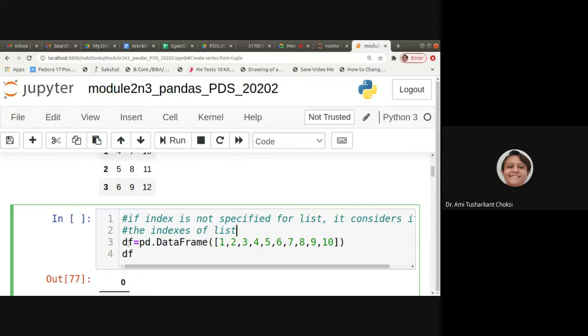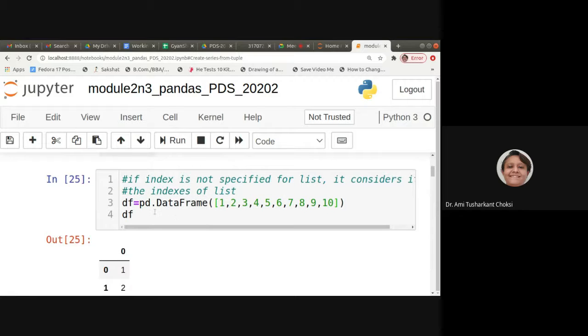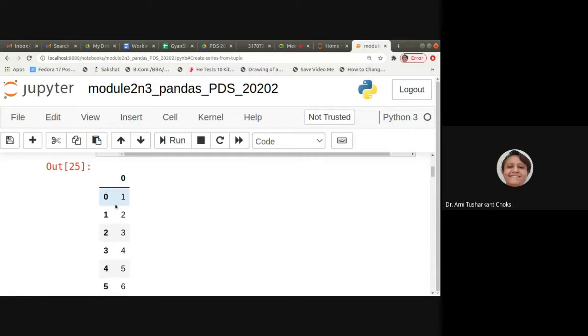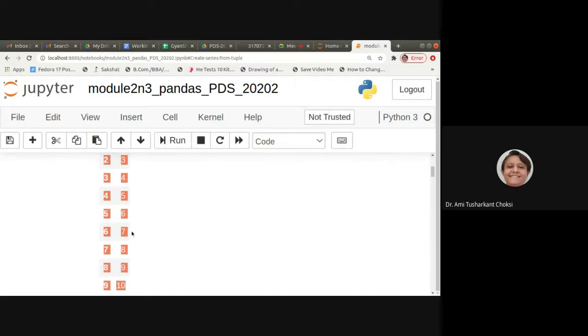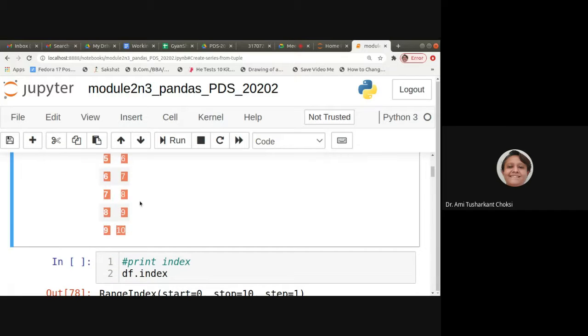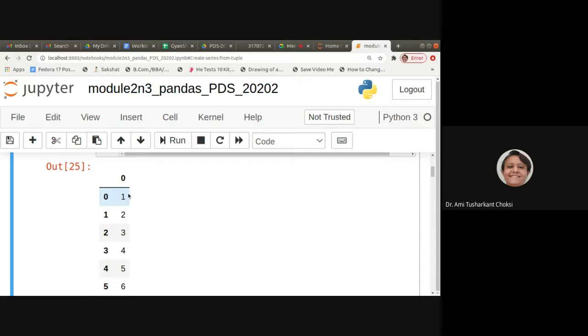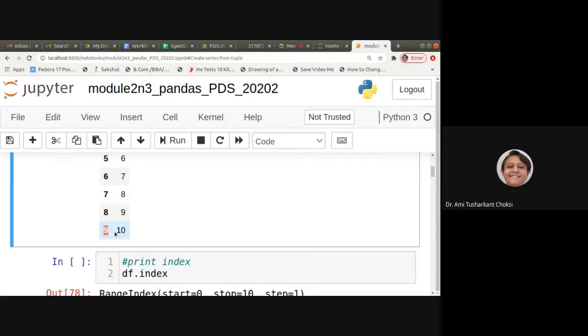So say df is equal to pd.DataFrame. We are providing a list, right? If we do this and print df, we'll get the values from 1 to 10. But for the index, as we haven't specified it, it will create from 0 to the length minus 1, right?